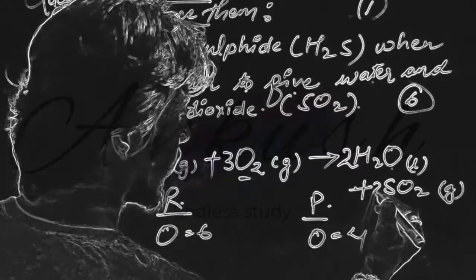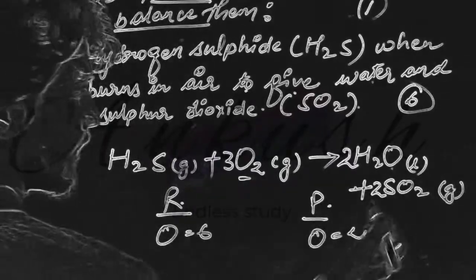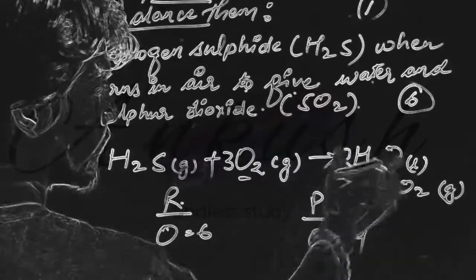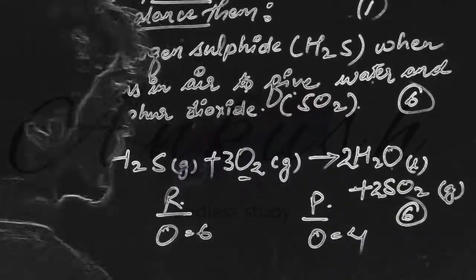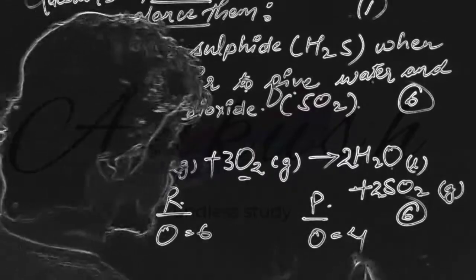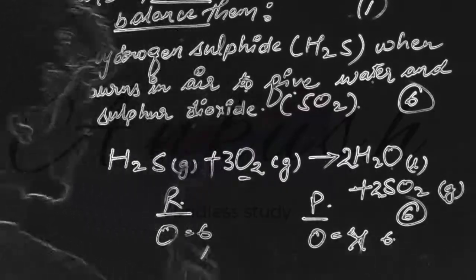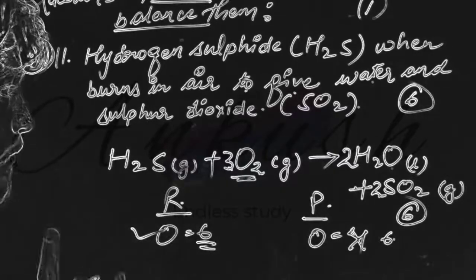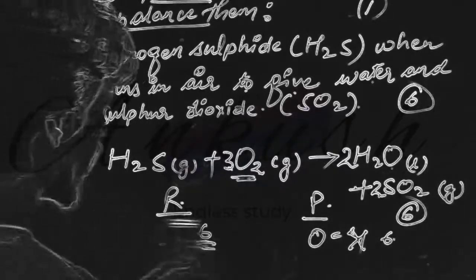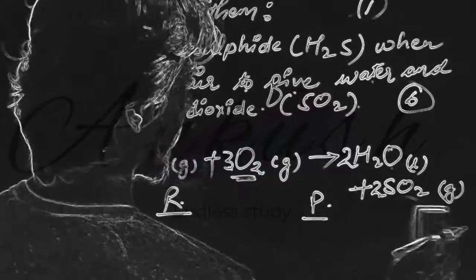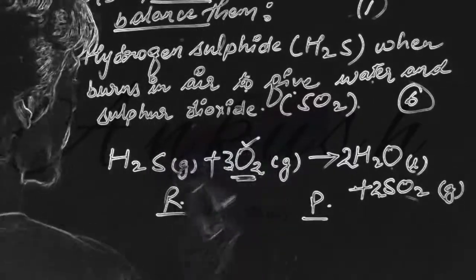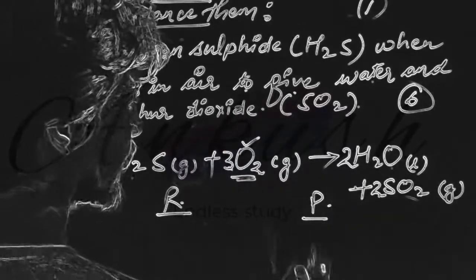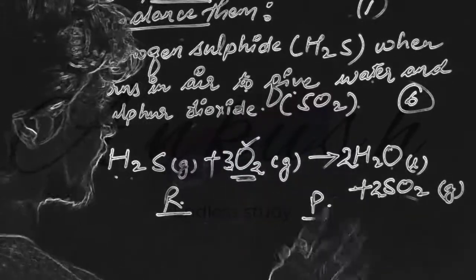So if we write 2 here, then you see 2 2s are 4. 4 and here 2. 4 plus 2, that is 6. Here are how many atoms of oxygen now? 6. And now here you see 3 2s are 6. So now oxygen is balanced. Correct? Now we will look for the other element. Oxygen balanced. Now we see hydrogen here how many? 2. Here hydrogen how many? 4. Sulfur 2. So sulfur is less.